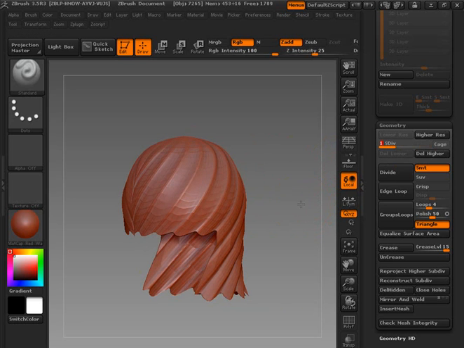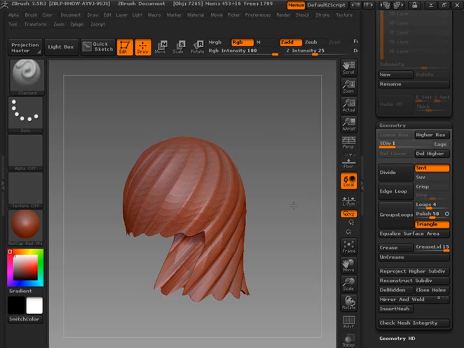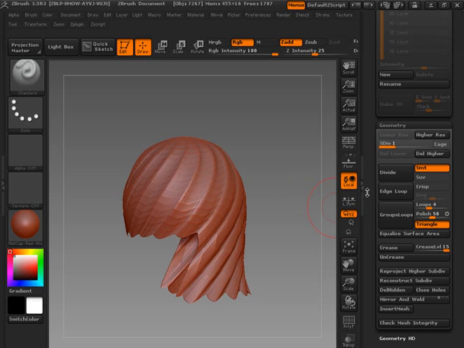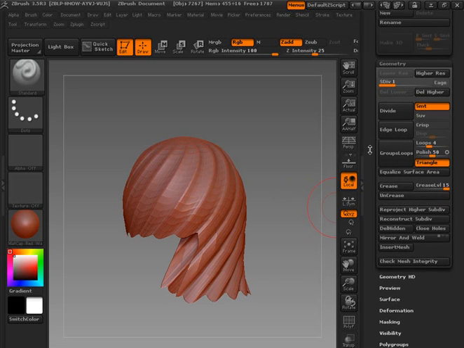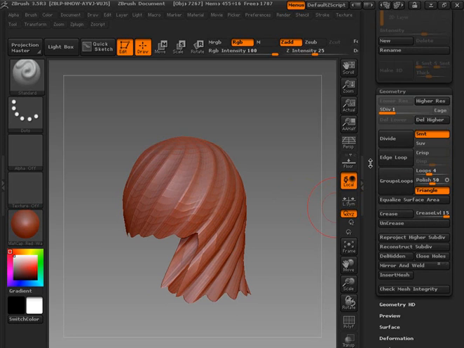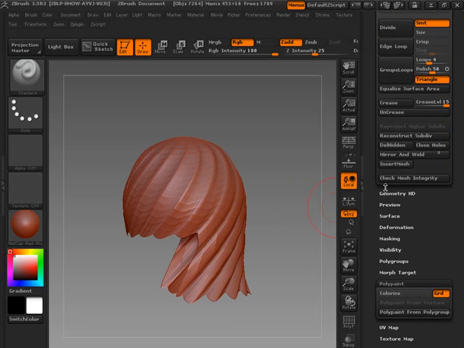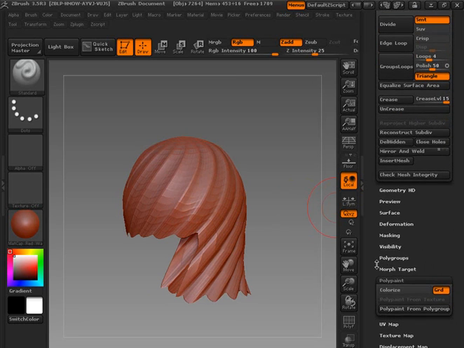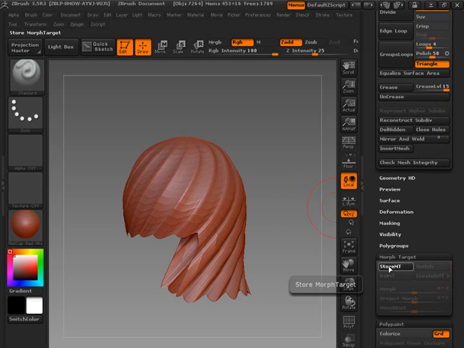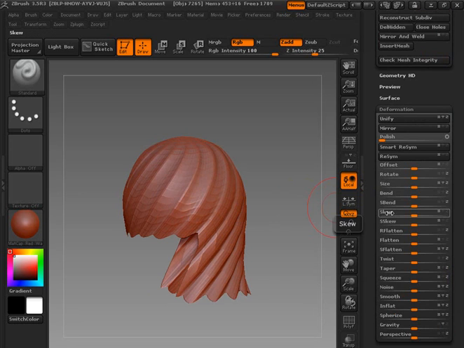And I want to try, let me see if I can add some thickness in here right now. Here's another way that you can do this. What we need to do is we'll go ahead and delete the high here. We'll go down to, let's see, that would be morph targets, store morph target, deformation,